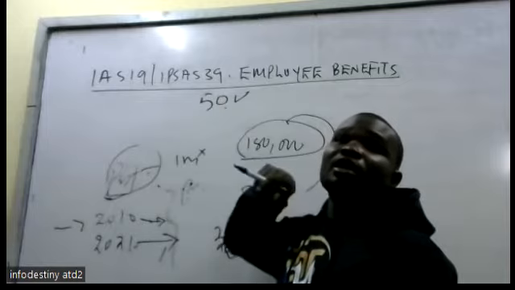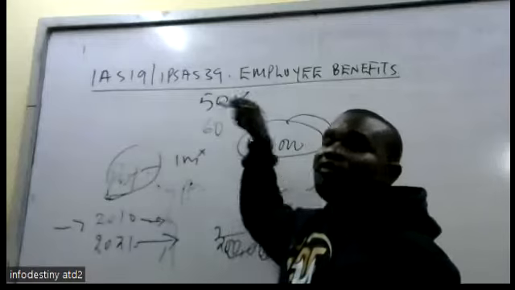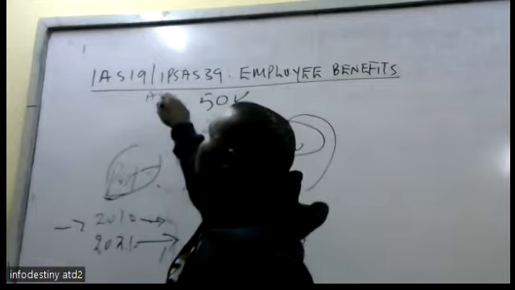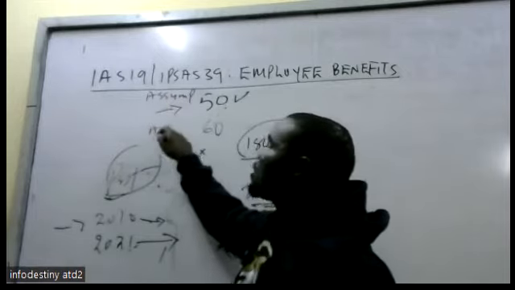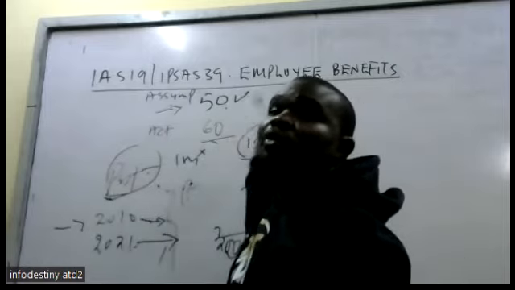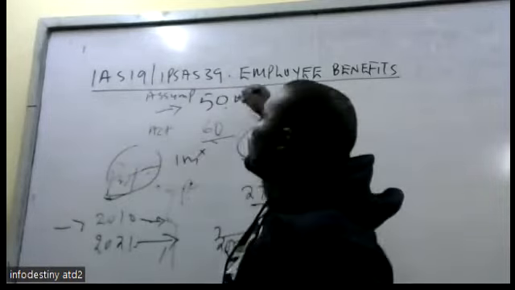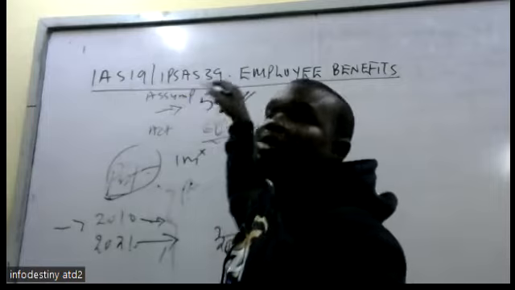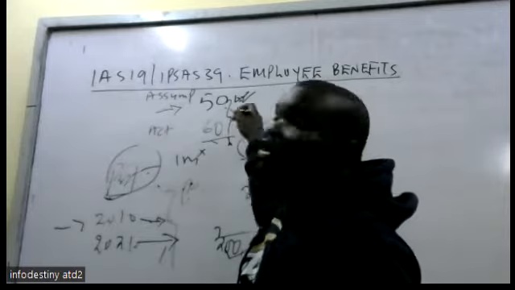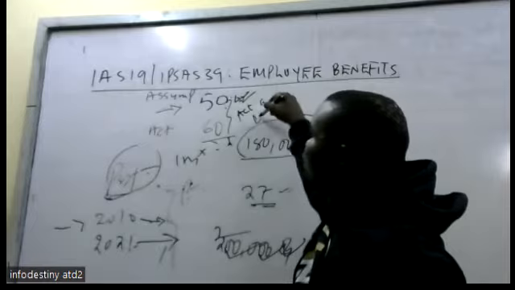On that day, they tell you now what you are supposed to get is how much? 60. So the projected amount is what we are calling the actuarial assumption. Then this one is the actual outcome. The examiner will give you the actual, then you project. So you work it as if you are the actuary. You do the projection, then you compare the projected amount versus the actual outcome. The difference between the projected amount and the actual is either actuarial gain or actuarial loss.